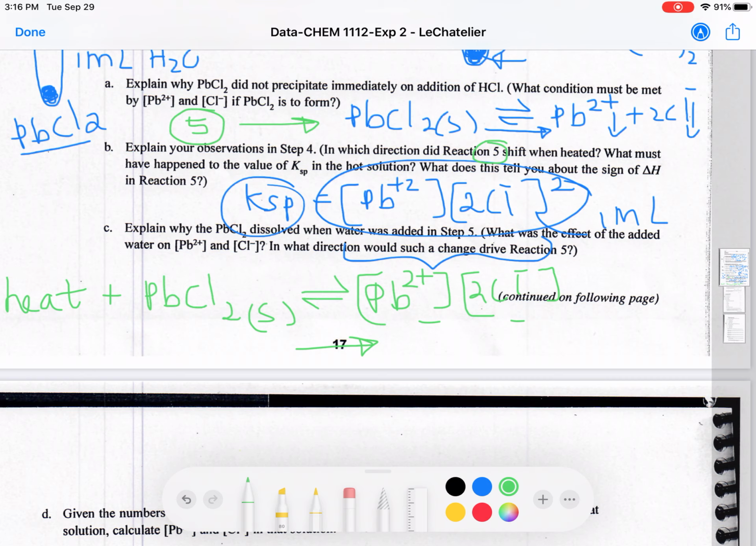Why the lead chloride dissolved when water was added? No, we are still in B. Explain why your observation in step 4. What must have happened to the value of KSP? What does this tell you about the sign of delta H in reaction 5? So reaction 5 is lead chloride